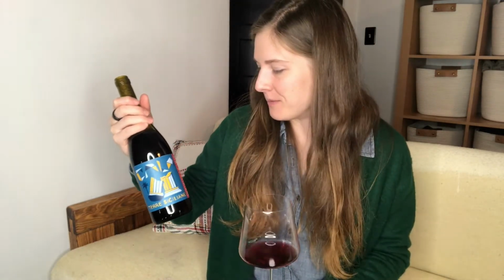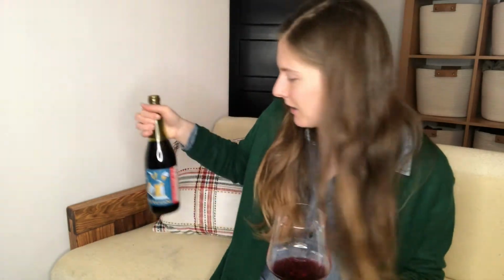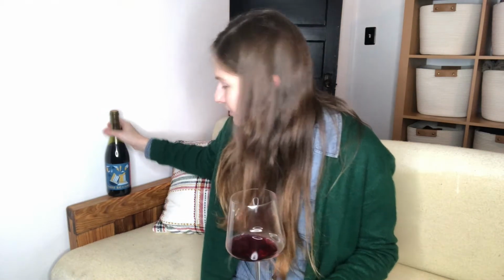So it's like a fun entry-level wine from a Sicilian perspective, which they drink a lot of Nero there, and then what they do is they actually add in 10% white grapes to bring in some acidity. So I love this wine and I love this entire line. I hope to get more from his FUSO line in the next couple of months, but this one I thought